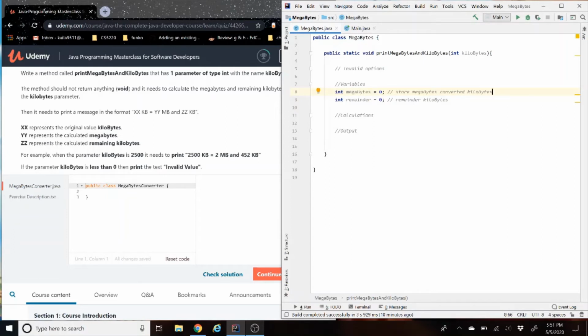And if you're wondering why we have to set them equal to 0, Java makes you set your variables equal to 0 so you can declare them, basically initializing them as a starting number. And because we're up here, we can set up the invalid option. So if the parameter kilobytes is less than 0, then print the text invalid. We're just going to type that exactly, but in code. So if kilobytes is less than 0,